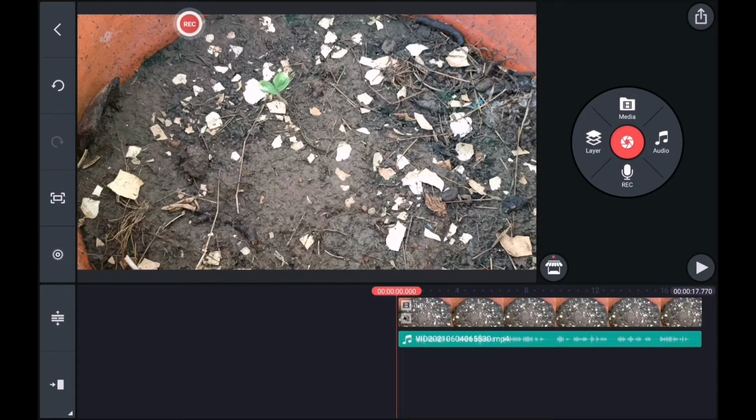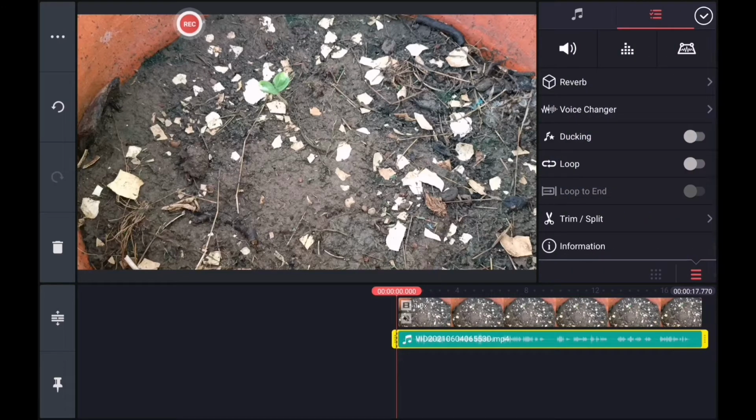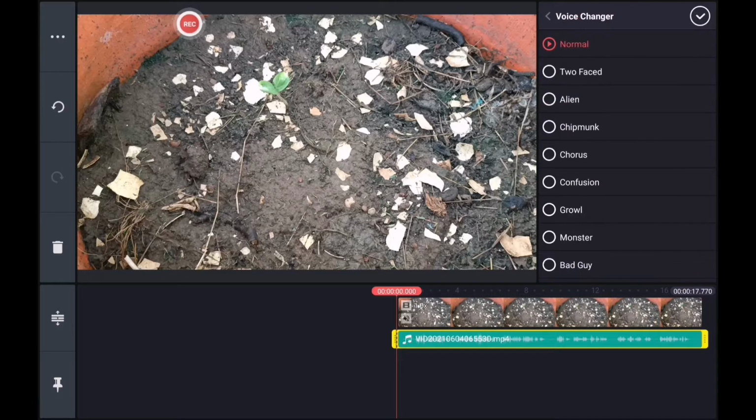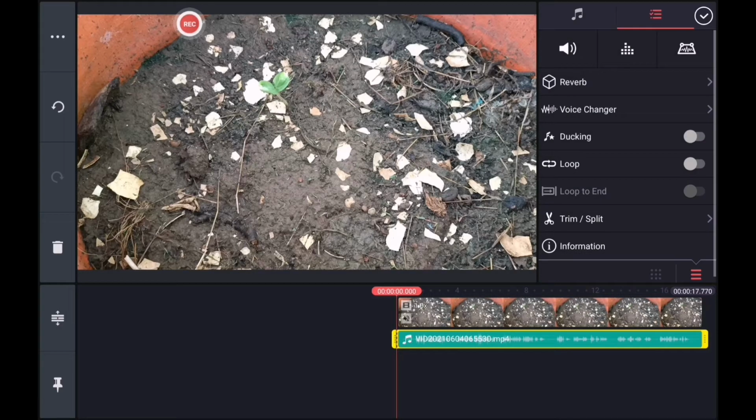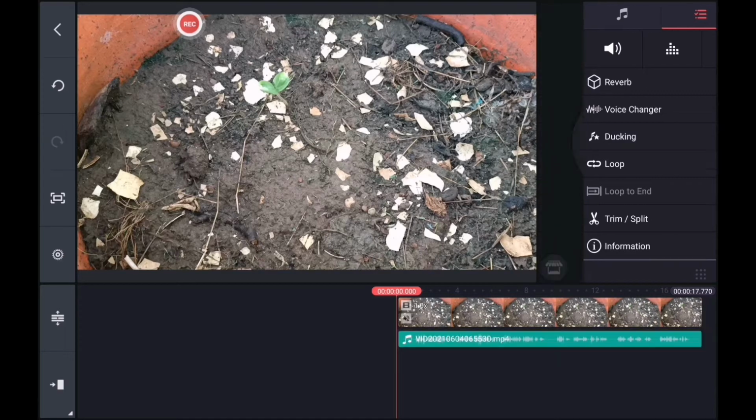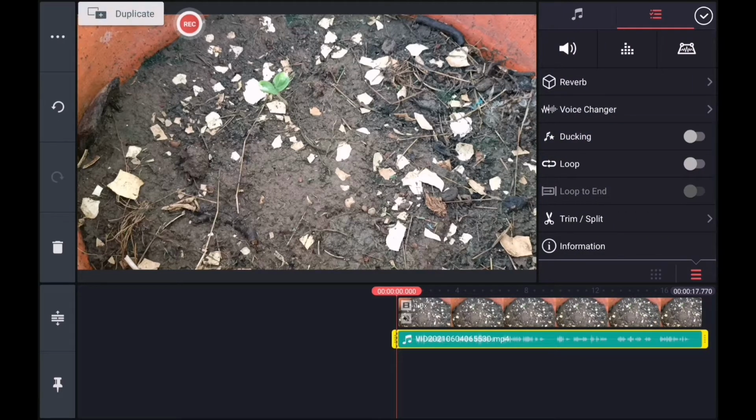So what many YouTubers tell is, from this you can change these settings. You can try one by one to get that noise reduced. Believe me, I have tried every setting over there, but the noise didn't get reduced. Some others tell me that you can save this, but there is no option to save this. If you could extract this, I told you at the end of the video I will tell you another tool. So if you could extract this, with that tool you can remove that noise. But now here it is not possible.